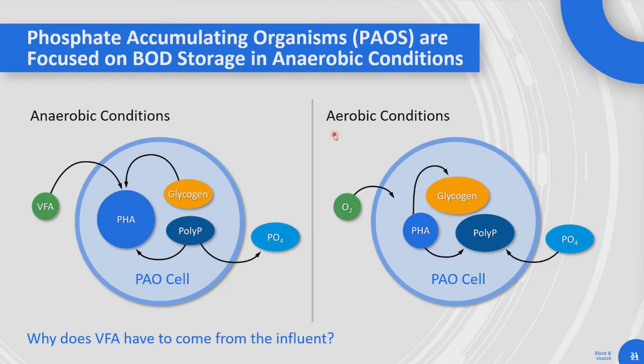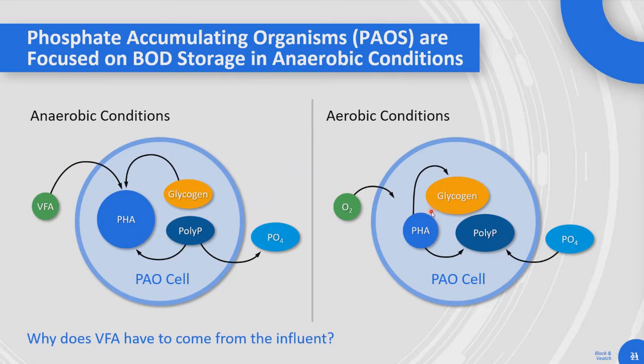And then in aerobic conditions, they're uptaking oxygen, or as James showed, nitrate. They're breaking down that PHA to restore this poly P, and they suck up a lot of phosphorus. And so a lot of times as engineers and operators, we're focused on the phosphorus part of their cycling, right? We think phosphorus must be a big part of it, it's what we're trying to remove. So we call them phosphate accumulating organisms. But the reality is that they're really carbon storage organisms, right? They have this carbon storage mechanism that gives them a competitive advantage under anaerobic conditions, where they can access the VFAs, like these BOD sources, and store that carbon for use in the aerobic